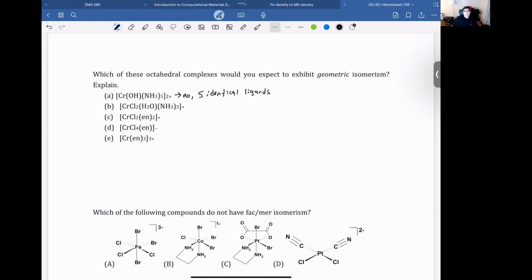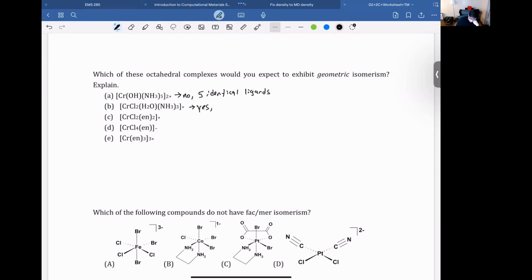I won't here, but if you have an octahedral complex and 5 of the ligands are the same and one is different, no matter where you put that ligand, you will always be able to superimpose it on another version that you draw or its mirror image. Well, mirror image would be the optical isomer, but there's not going to be any geometric isomerism there. So you can't have 5 identical ligands. You also can't have 6 identical ligands in an octahedral complex for geometric isomerism. For the next one,